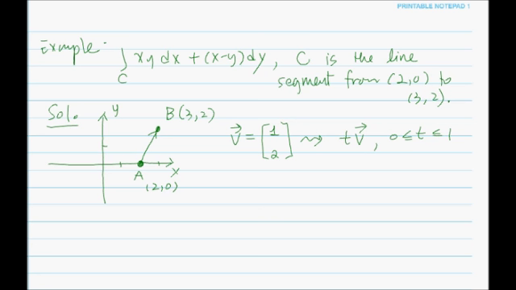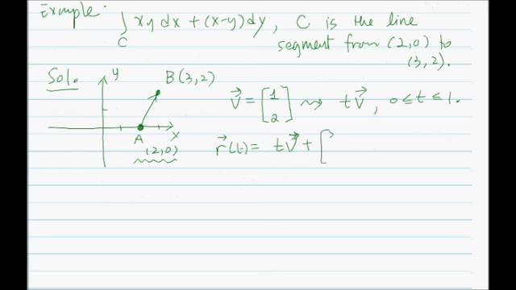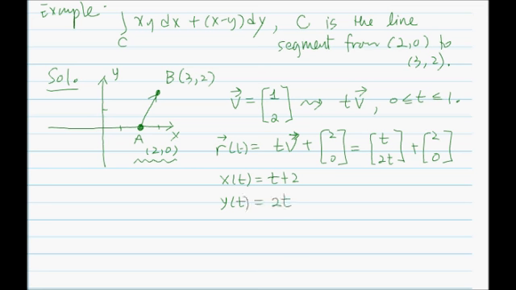But as you can see, we have to do something about this point of application. So the real r(t) is not only just t times v, but it must have the point of application (2, 0) added. So it starts from (2, 0) and goes along the direction by the scalar factor t. If you multiply t, you get t and 2t, plus 2 and 0. So altogether, you can see x(t) is t plus 2, and y(t) is 2t, where t varies from 0 to 1. And this is the parameterization